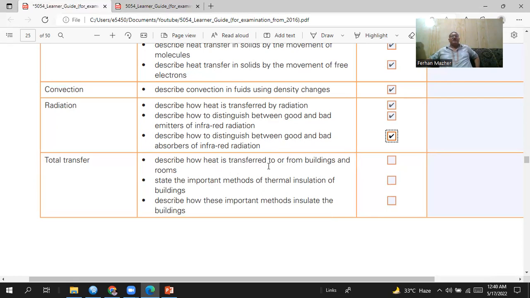Describe how heat is transferred to or from the buildings and the rooms. Okay. So especially we talk about the buildings, and if you want to reduce the transfer of heat from inside to outside or from outside to inside, we make cavity walls. Cavity walls means you leave space between the two layers of the walls. And because the air will be inside those walls in that cavity, that will reduce the loss